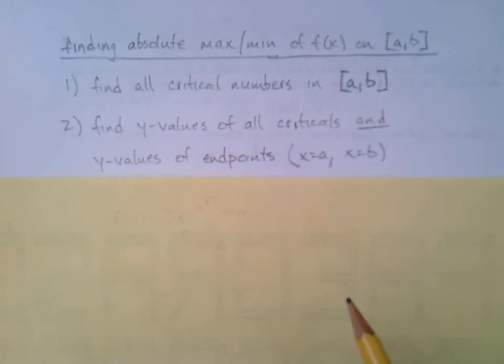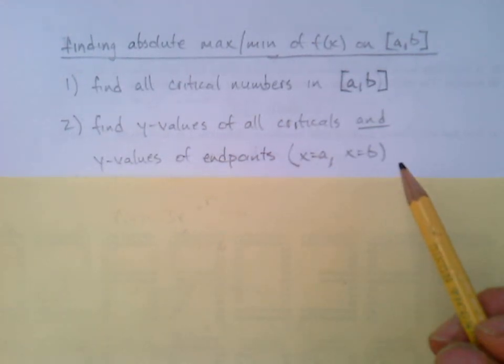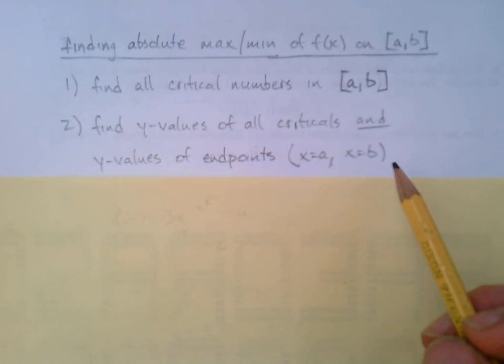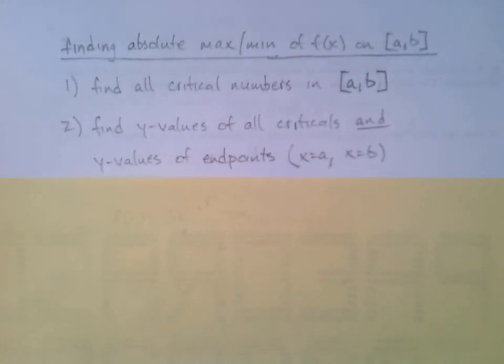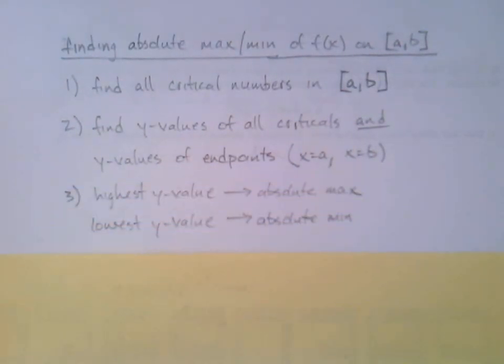Those are the possible absolute max and absolute mins. Once you have that list of y values, well, then it's real simple. You just pick the biggest one and the smallest one. So out of all your y values, the highest one of them is your absolute max. And out of all your y values, the lowest